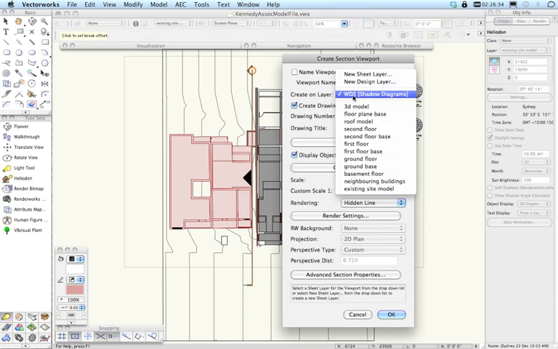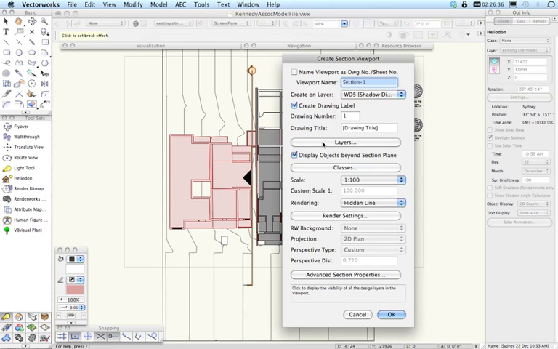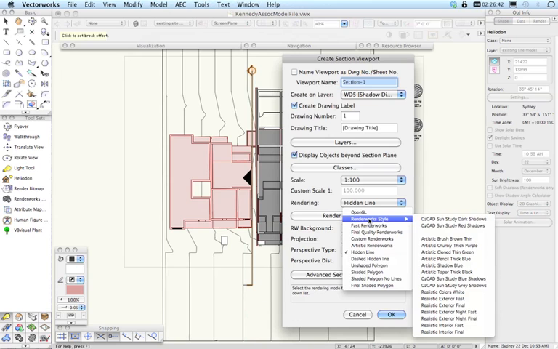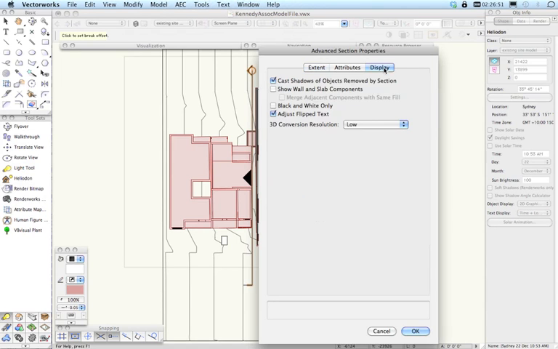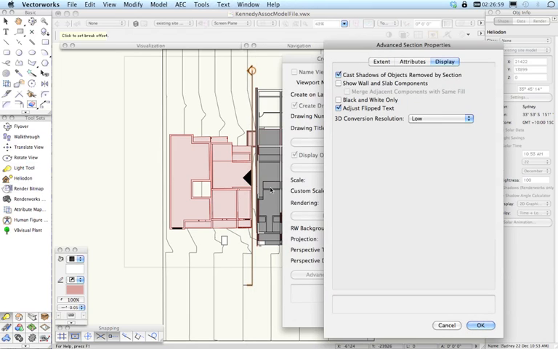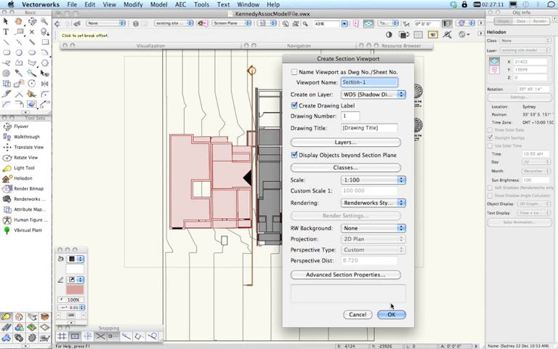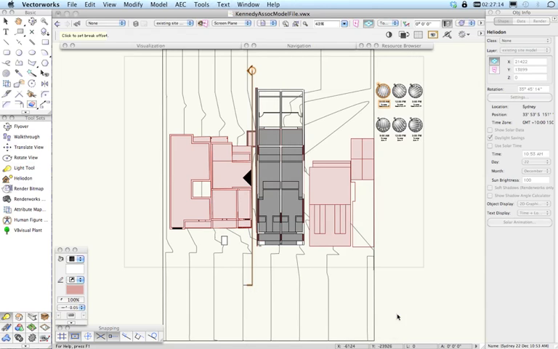So we're going to put this on our shadow diagrams layer, and we'll leave the scale at 1 to 100. For the rendering, let's use our dark shadows rendering style, and under advanced properties display, you'll see that you actually have the option to cast shadows of objects removed by section. In other words, casting shadows of our building, which is removed by the section. So that needs to be on. It is on by default, but if you one day aren't getting shadows, that could be the reason. So we'll click OK to that, and then OK again,